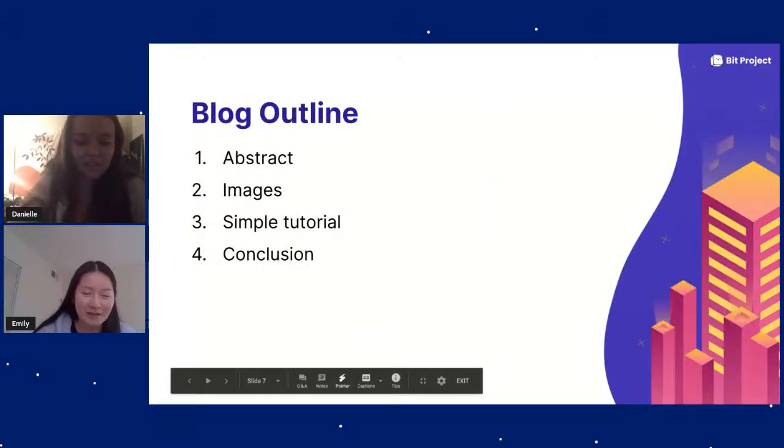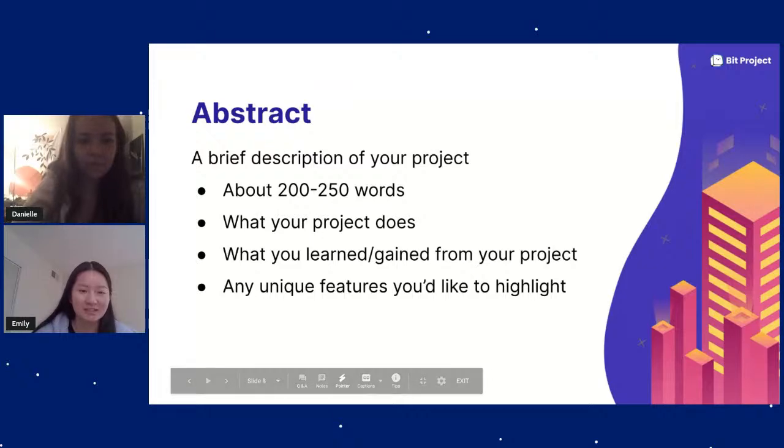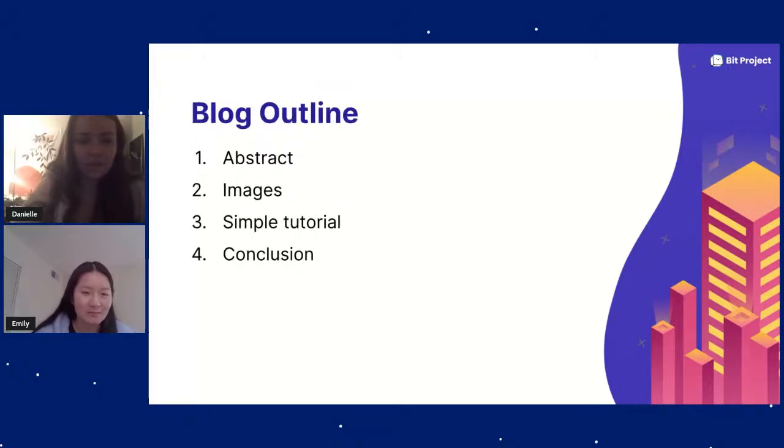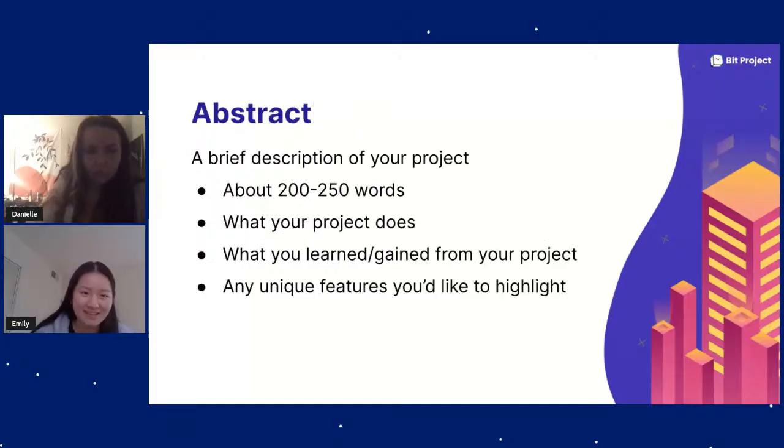I guess I can go over the blog outline. So we have the abstract, images, and the other two are the simple tutorial, which is where you explain the steps, and then the conclusion. So for the abstract,